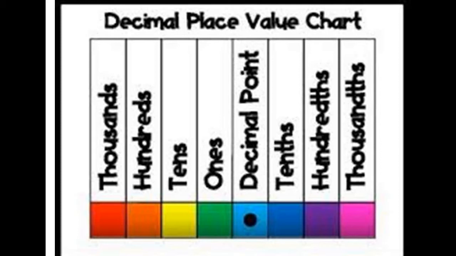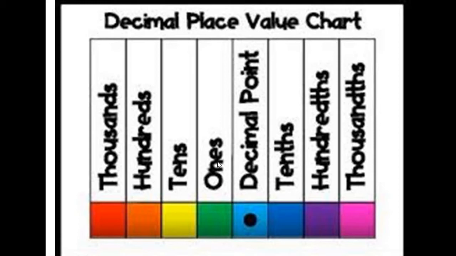So we have to use the place value chart. You can see, children, there is a decimal point and a point symbol marked here. On the right side it is tenths, hundredths and thousandths. So the first place after decimal is tenths. Hundredths is the second place in the decimal number, and thousandth is the third place in the decimal number.